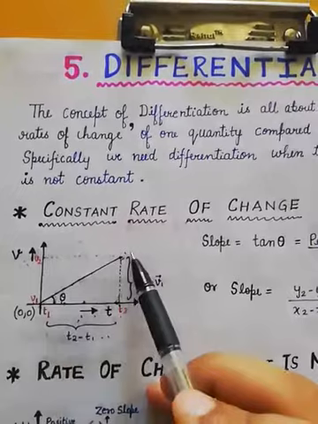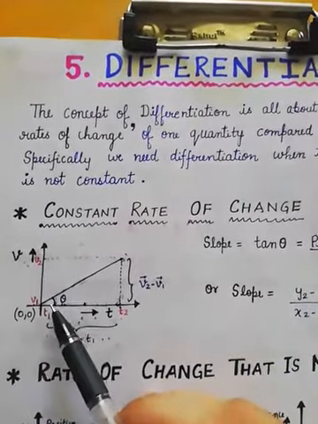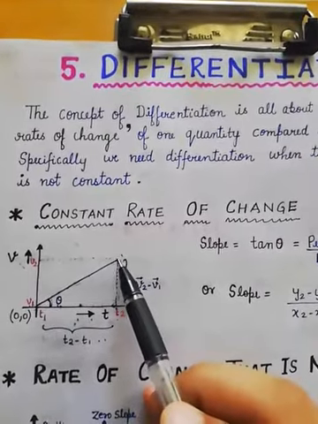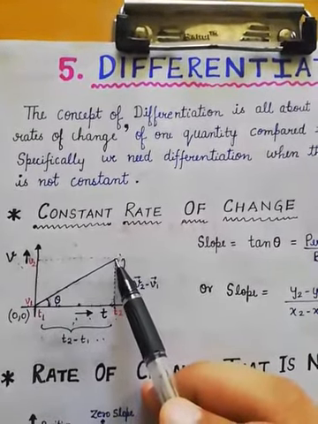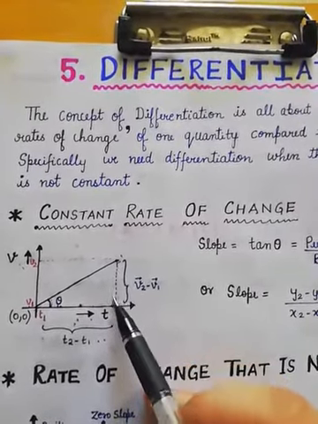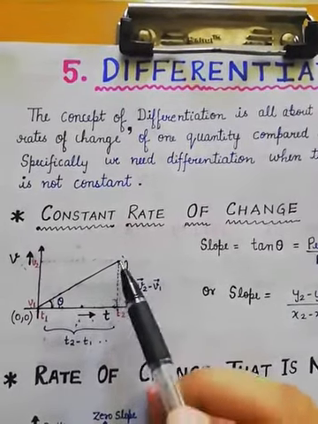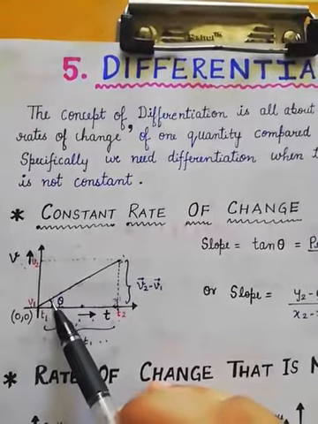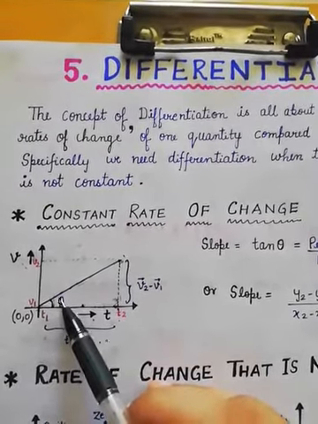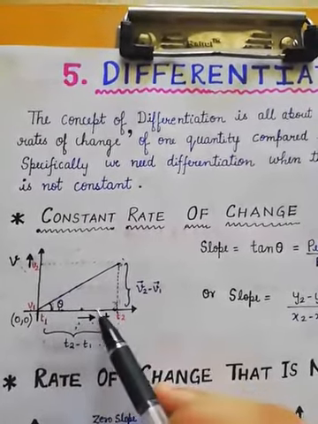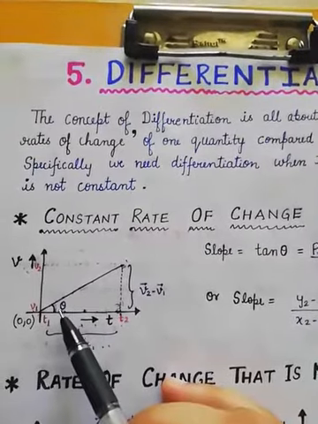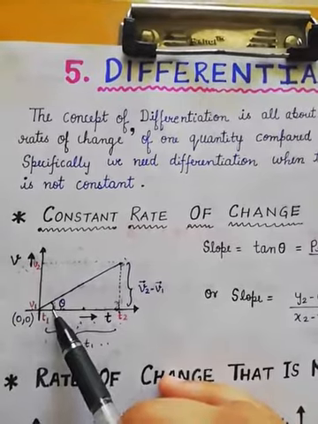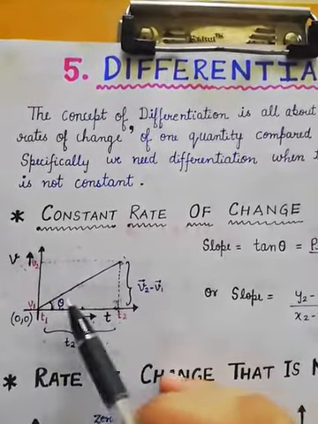So this is a straight line graph. In order to find the slope of this graph, let's say at this point where the graph ends, from this point we draw a perpendicular on the x-axis. So this is a right angle triangle. Our target is to calculate the tangent of this angle theta made by this line with respect to the x-axis, because that will give us the slope of the graph. So what is tangent of theta? Tangent of theta is perpendicular by base.